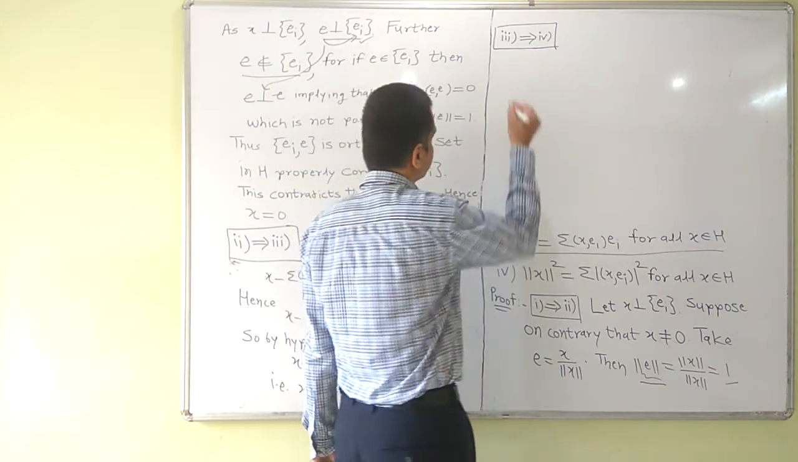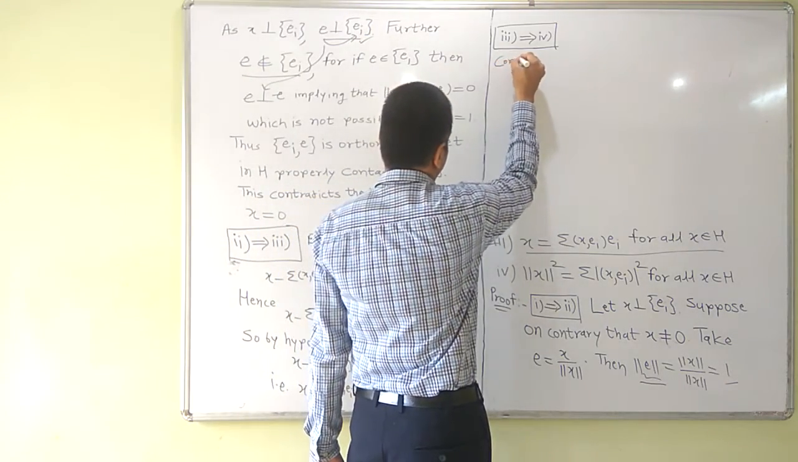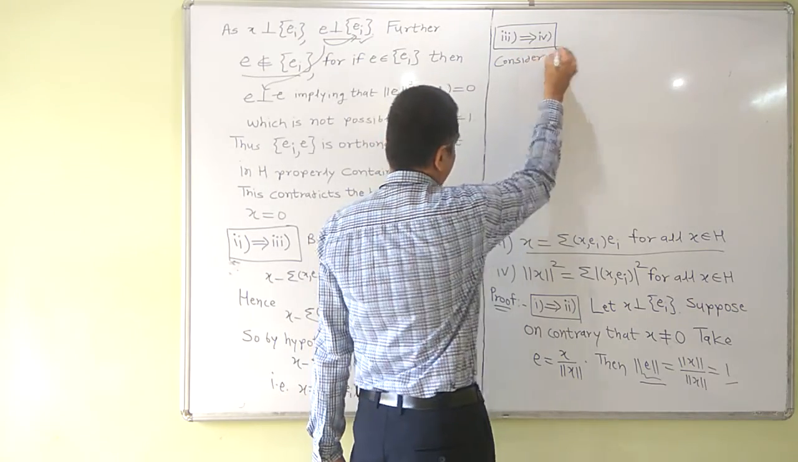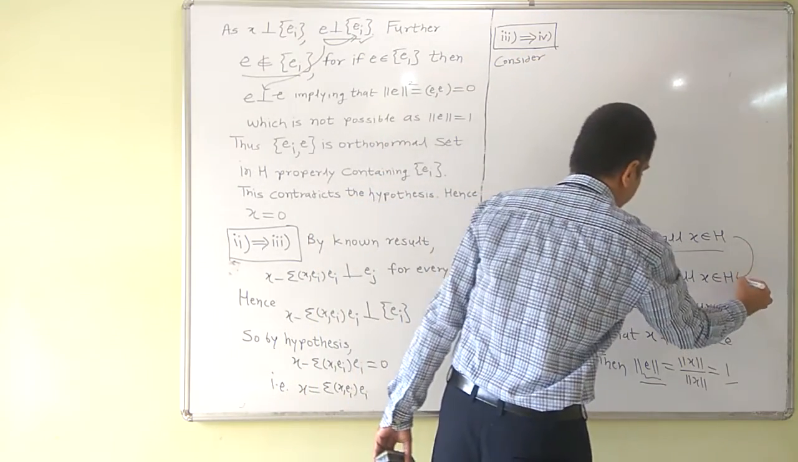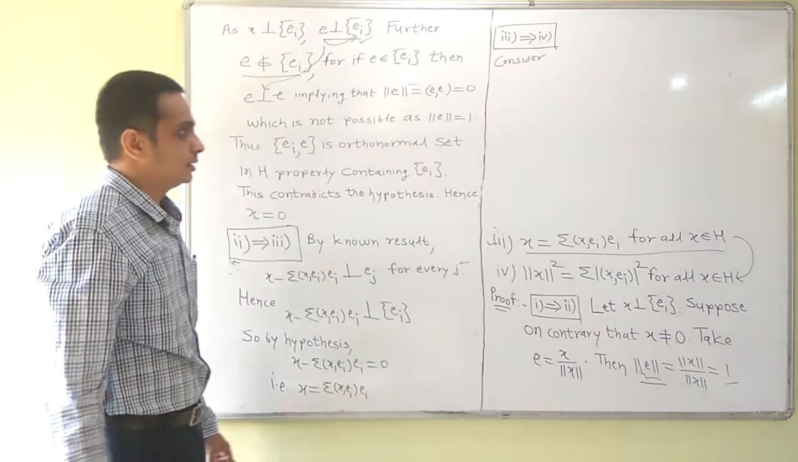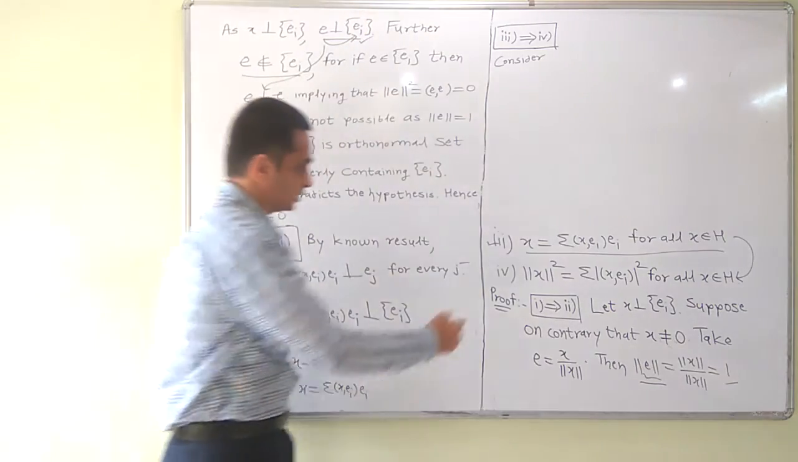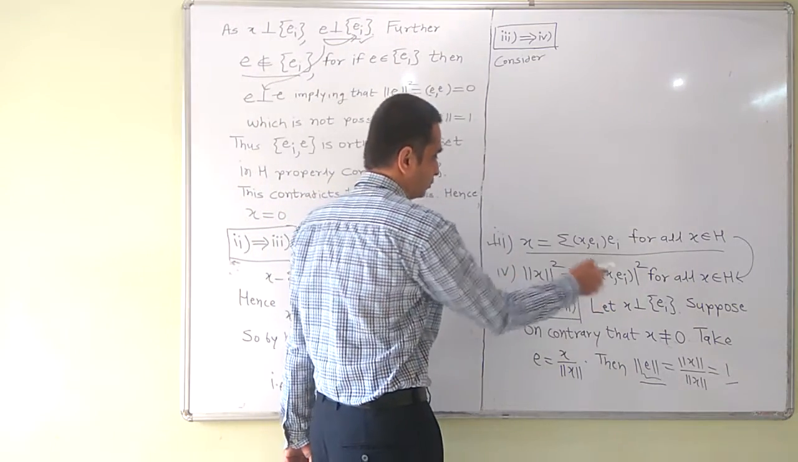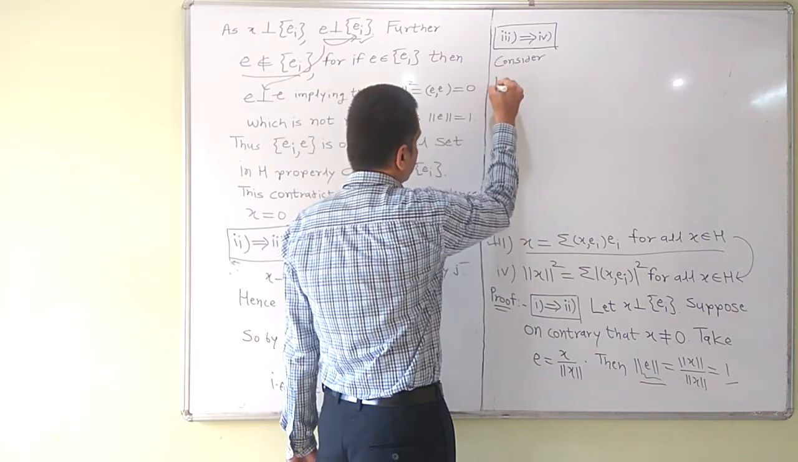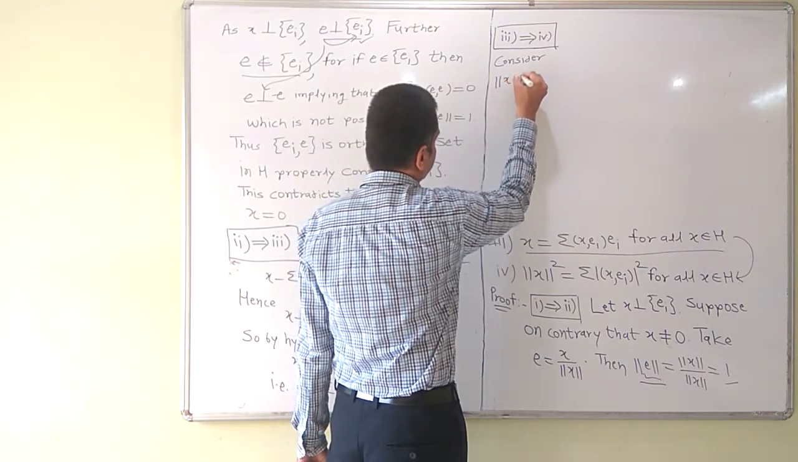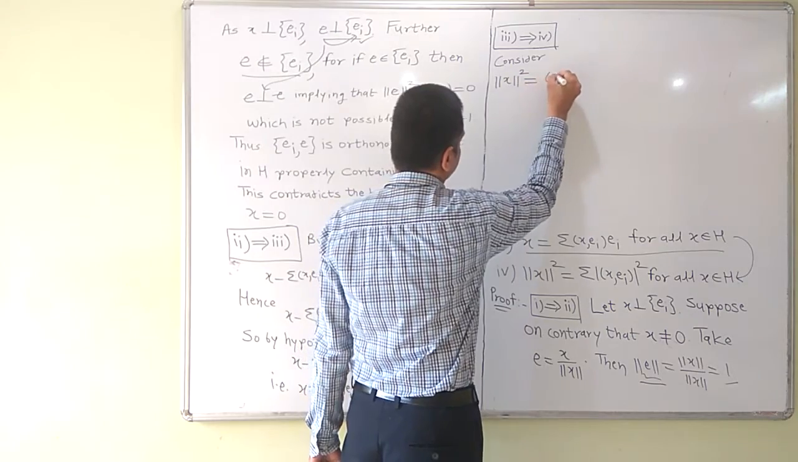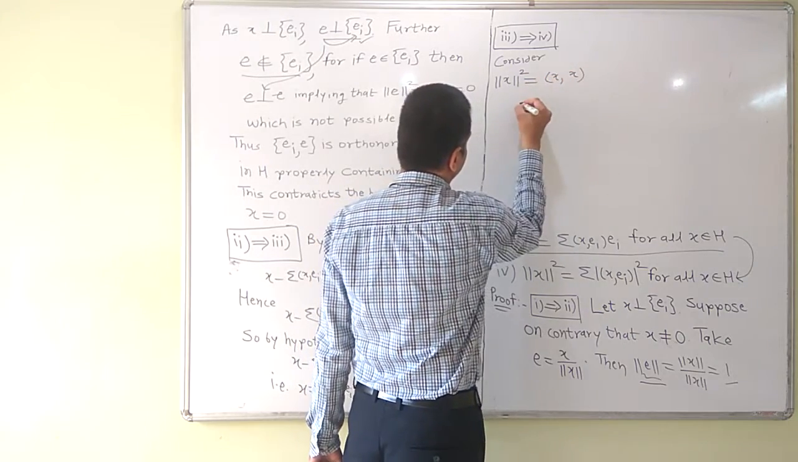Consider, we have to prove this. Assuming this, we are going to prove this. So consider norm of x square. We have to prove that this equals to this summation. So norm of x square can be written as inner product of x and x, and that can be written as